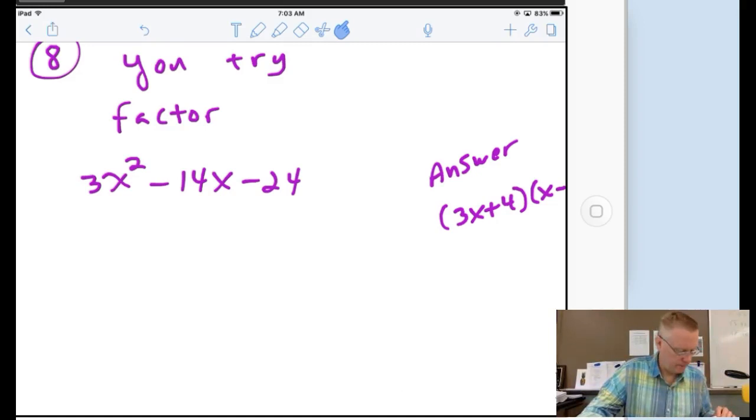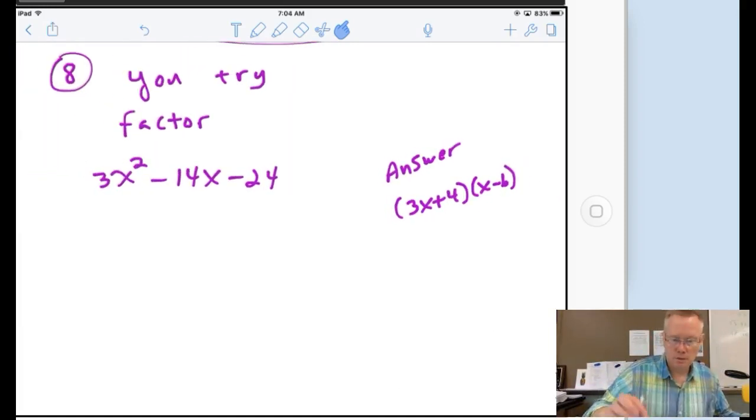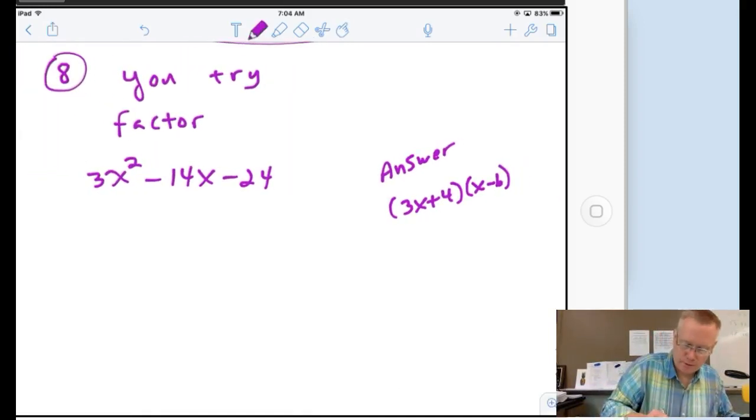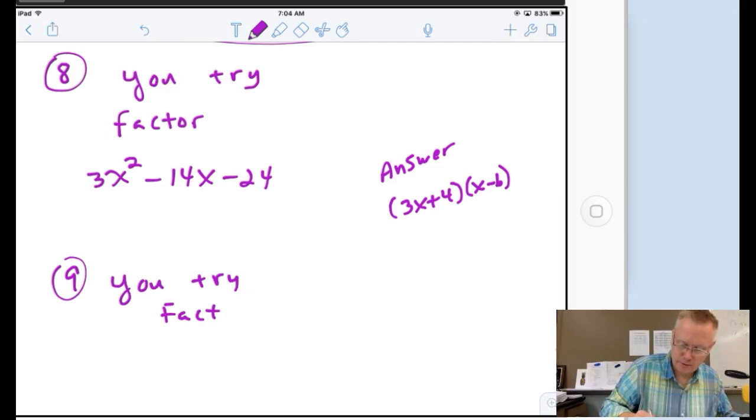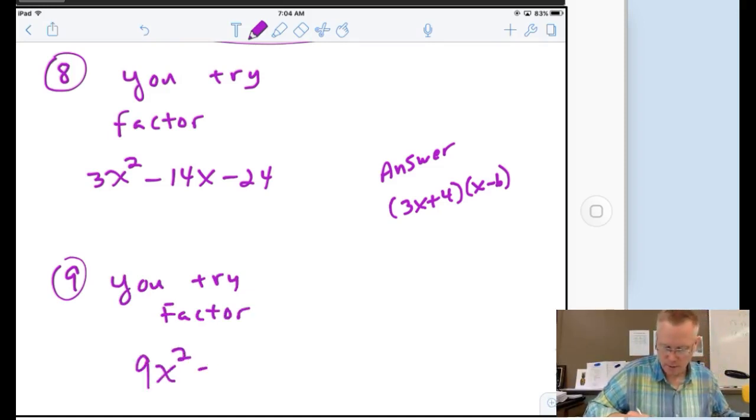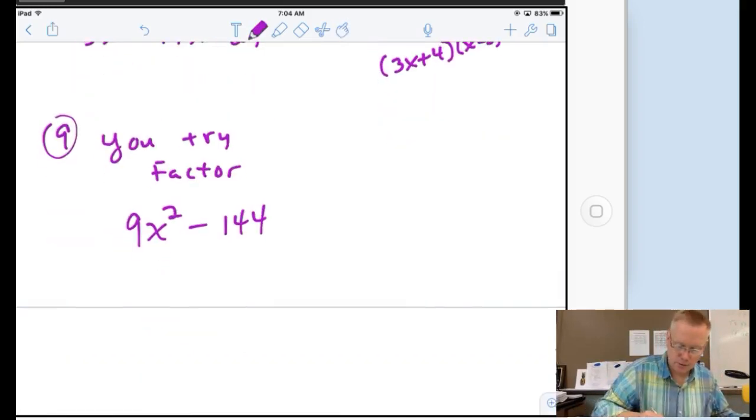Okay. You know what? I'm going to take it one level farther. I'm going to do a couple more u tries. I want you to do these also. I want you to factor 9x squared minus 144. And I also want you to factor